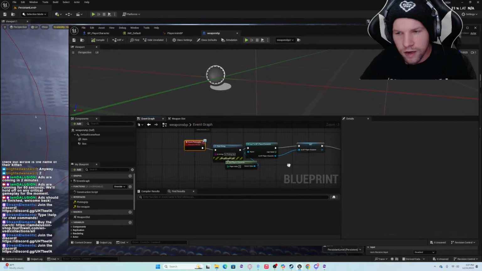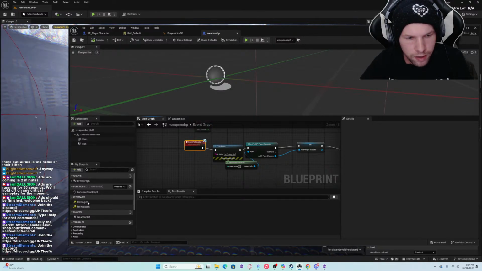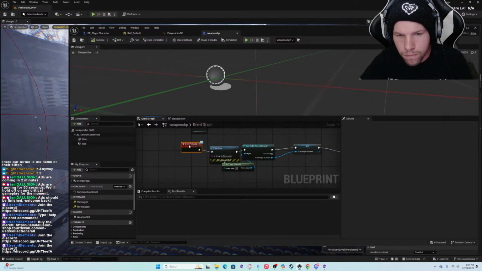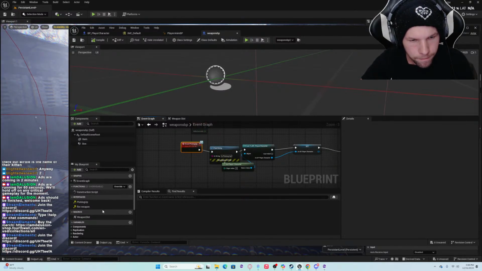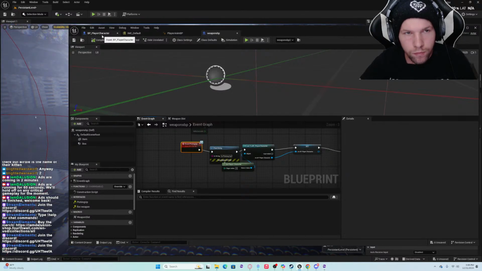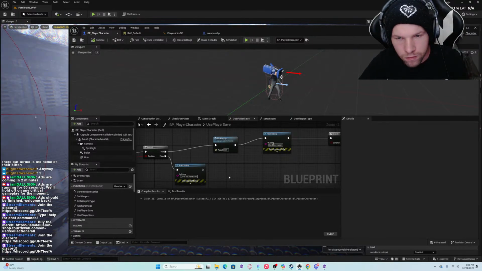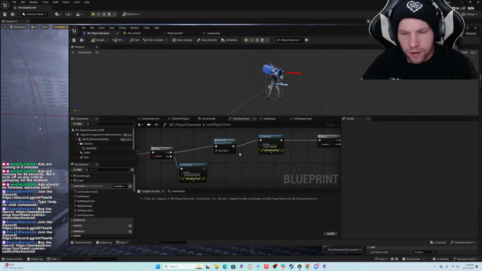What if I set some inputs or some outputs to this macro? No, we want to put some outputs. So I'm thinking, so we fire the pickup event.